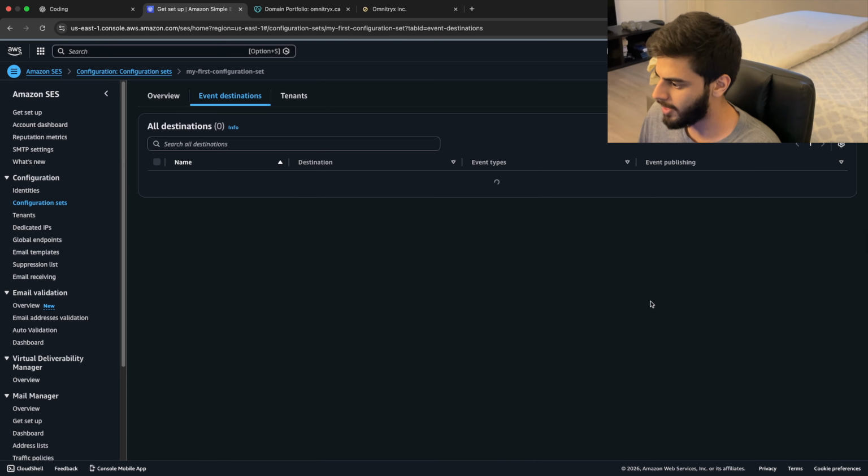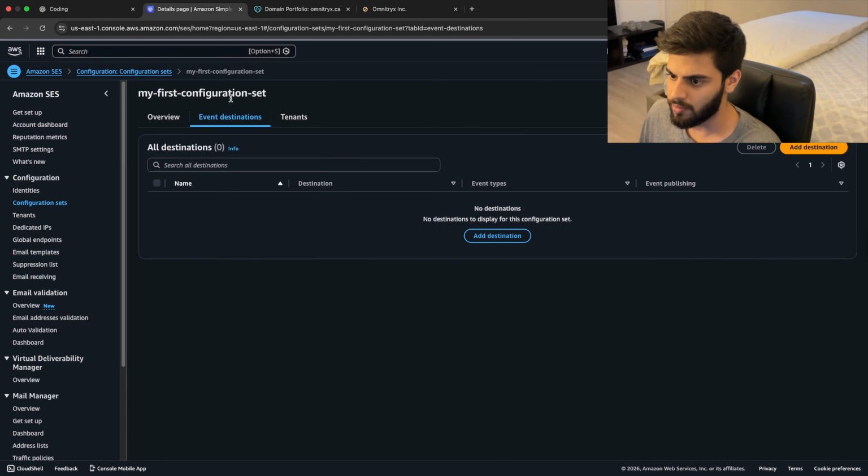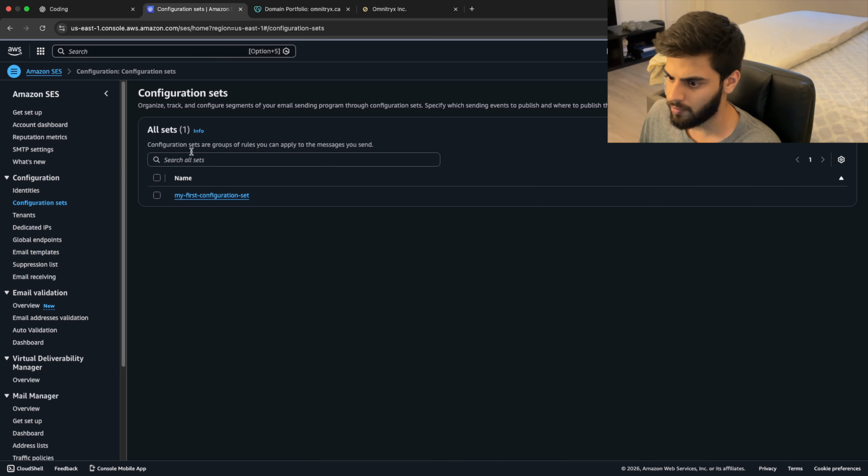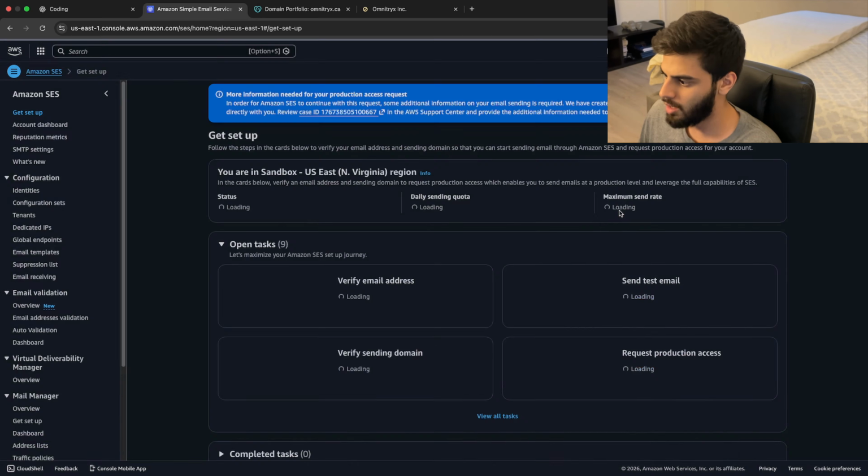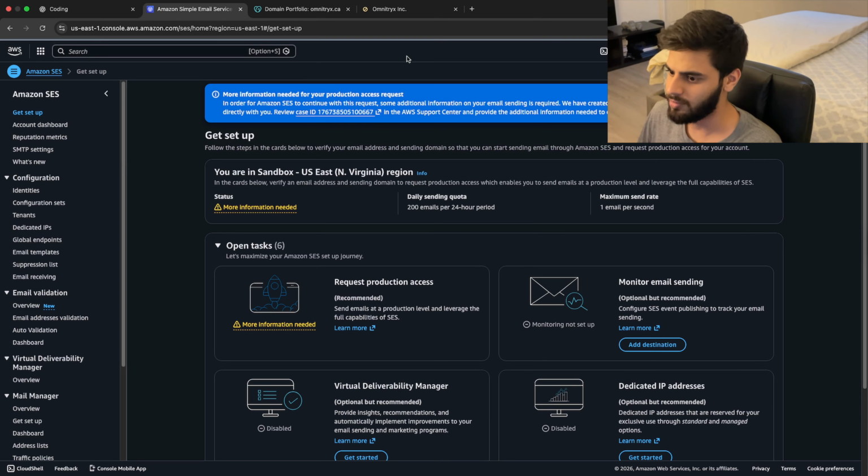Okay, add destination. Just got some, well, getting a lot of emails here. Okay, so this has created a new correspondence. Thank you for contacting AWS to address your issues. Severity low. Hello, thank you for submitting to increase your sending limits. We would like to gather more information about your use case. If you can provide additional information on how to